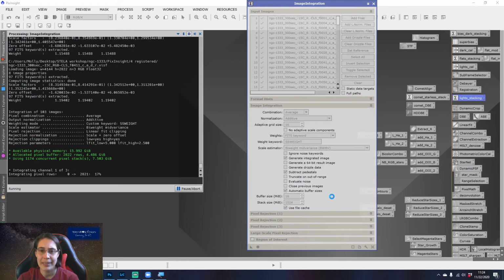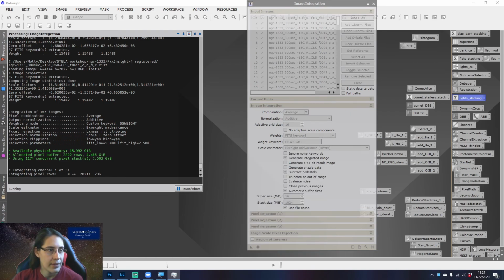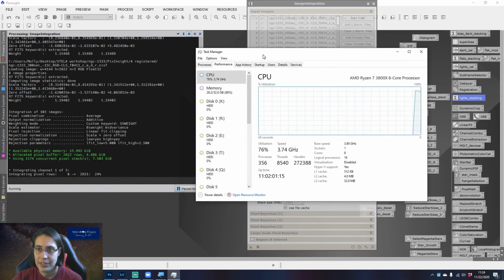All right, so it's done doing whatever it does in its first step, and now it's actually doing the image integration. Because this is a color image, it has to do it 3 times, once for the red, once for the green, once for the blue. And this is the part where if you have a computer that doesn't have a lot of processing power, it can be the slowest. As you can see, this is a pretty CPU heavy process